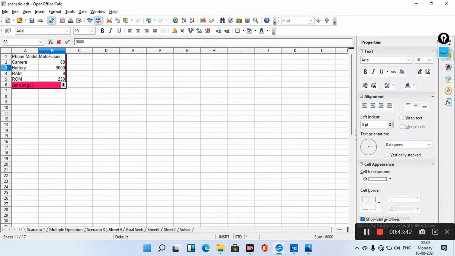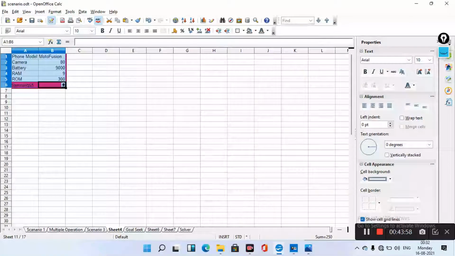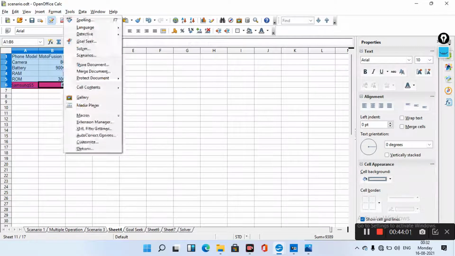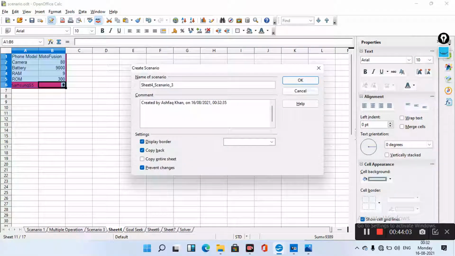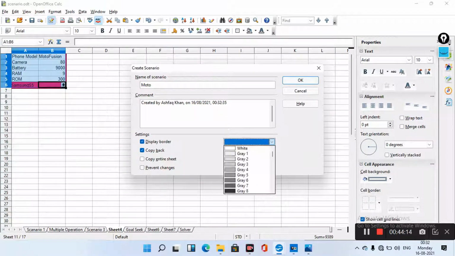Battery is 9000, and RAM is 9, ROM is 300. And select these columns, click on tools, go to the scenarios, give the name Moto. Moto is the name of the scenario, and give the border color. Click on OK,